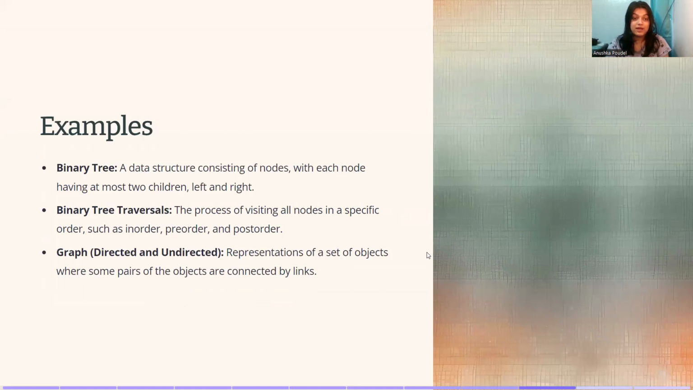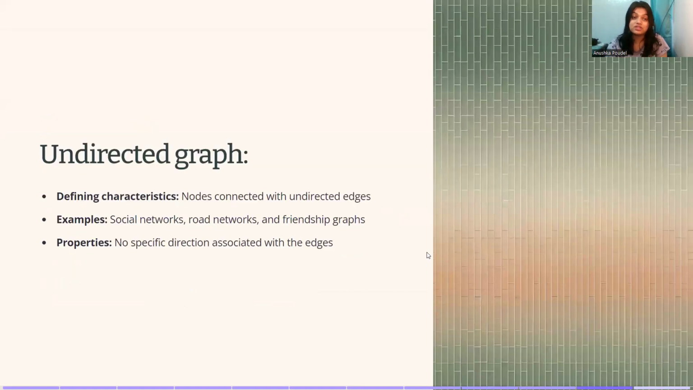Examples: we have the binary tree, a data structure consisting of nodes, with each node having at most two children, left and right. Binary tree traversal is a process of visiting all the nodes in a specific order, such as in-order, pre-order, and post-order. And graphs can have different types. We have directed, undirected, and complete, which we will be looking at. A graph is a representation of a set of objects where some pairs of the objects are connected by links, which are edges. To understand the undirected graph,